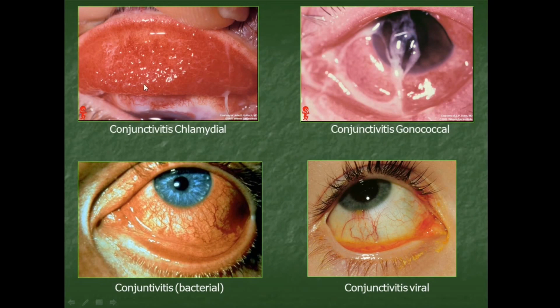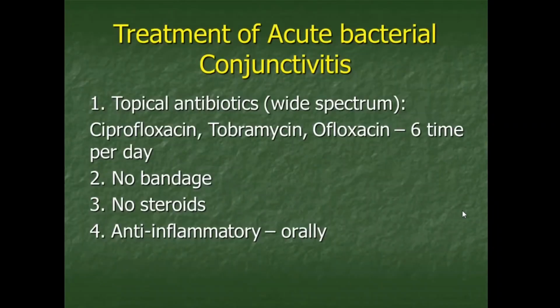You can see redness of the conjunctiva of the upper lid, edema of this conjunctiva. Here is gonococcal conjunctivitis, a lot of pus in the eye. Here, bacterial conjunctivitis and viral conjunctivitis, with mucus or muco-watery discharge. As for diagnosis of conjunctivitis, it's not so difficult,